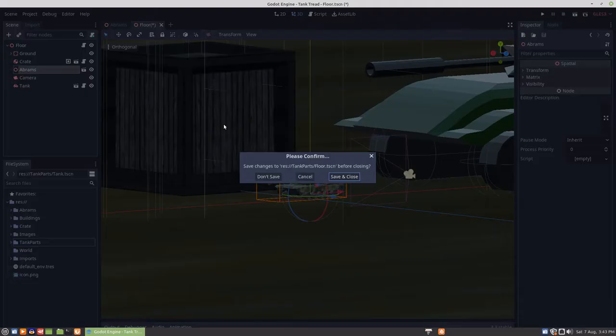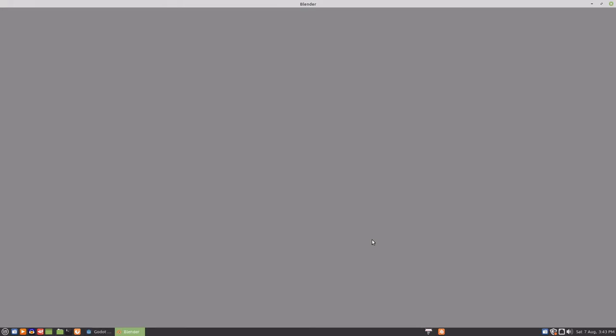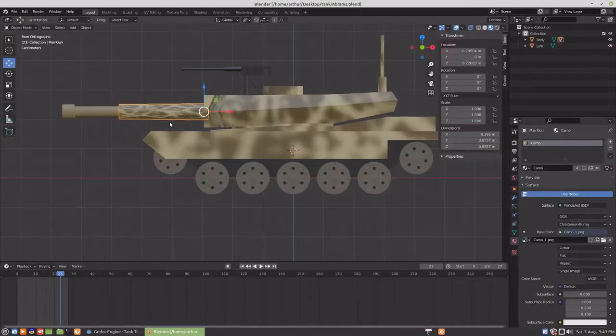So we'll just shut down this map and we're going to create a new map. So we're going to create the map for this guy to be on. So to do that, we'll open up Blender. We'll get my root